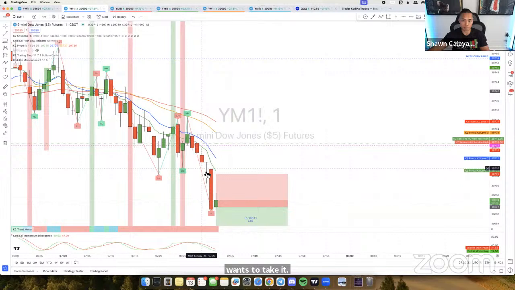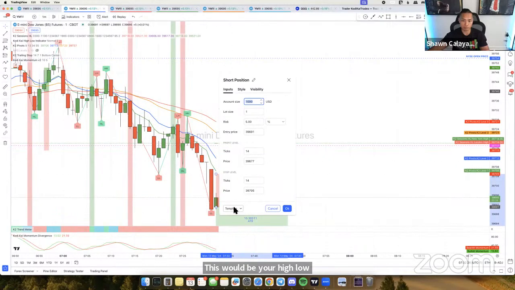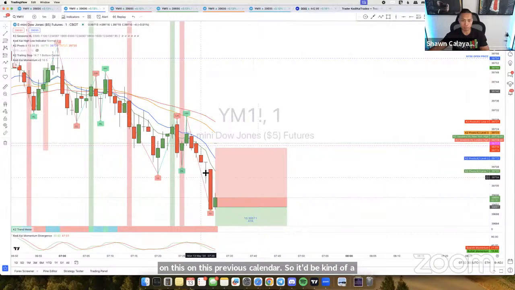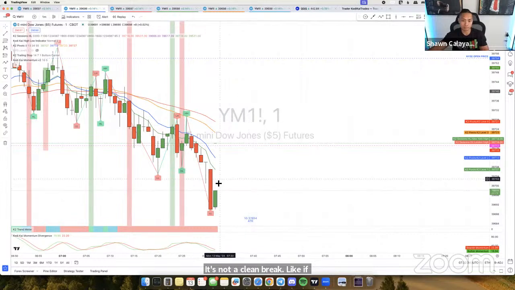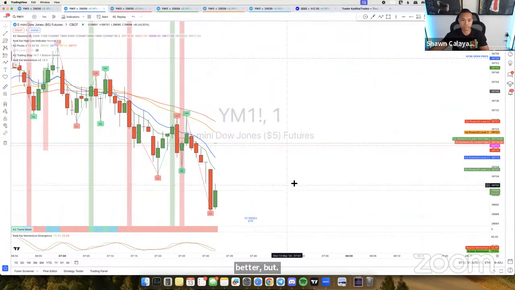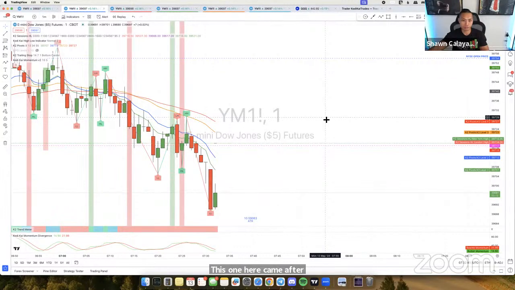But it already tested on this previous candle here, so it'd be kind of a tricky entry to take. It's not a clean break. If this one over here with the huge wick broke, it would have been a lot better, but this one here came after. And there's no divergence. So what I would look for here personally, if you guys are looking to take the entry, is